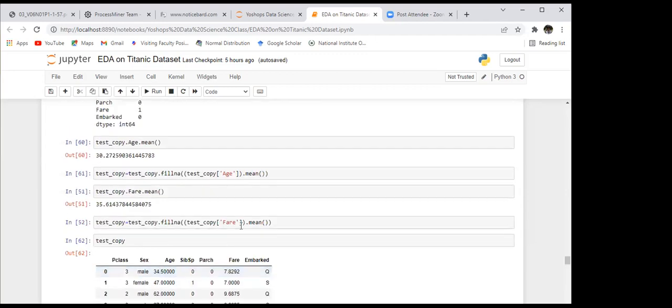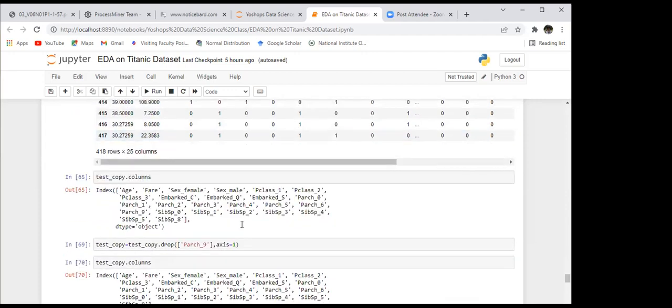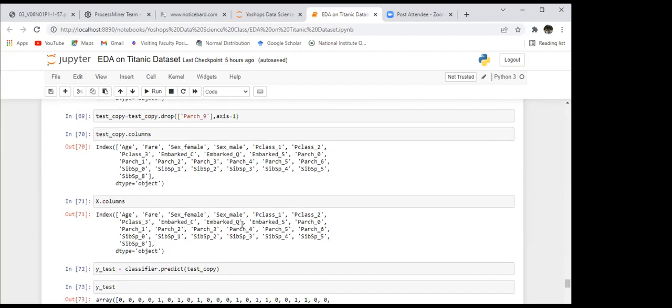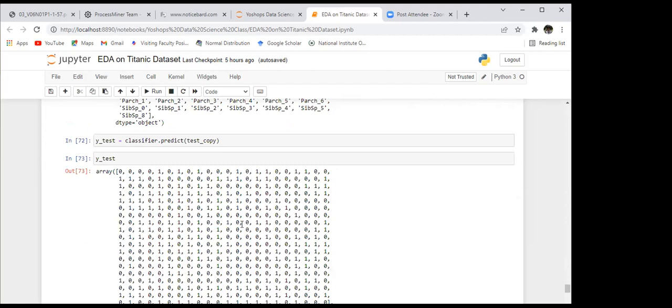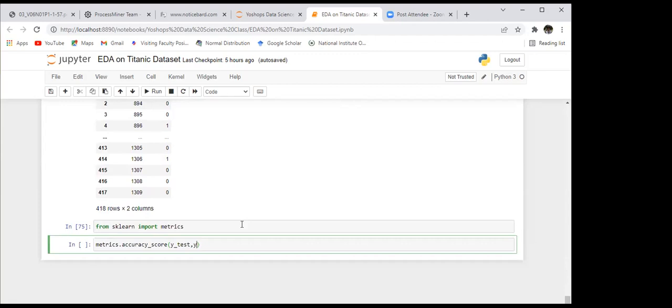Okay, I didn't make the Y pred column. Anyways, let me just show you this statement. Y pred is the value predicted, okay? And Y test you can use only when you have the test data with you.